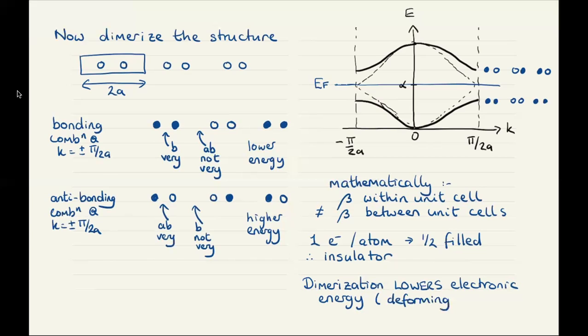So deforming the structure costs a strain energy, however. And so it turns out, if one carefully takes into account the lowering of the electronic energy in contrast to the cost in strain energy, one finds what's known as the Peierls theorem,